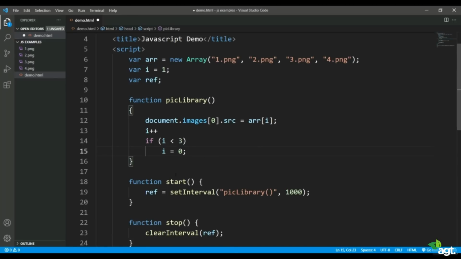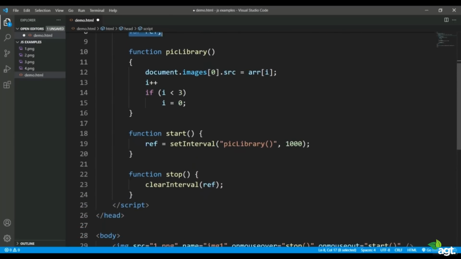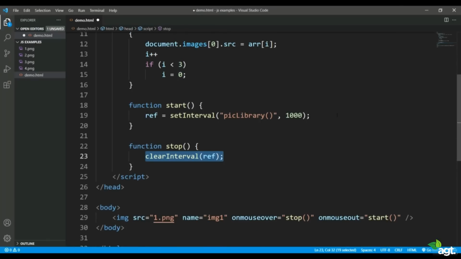Alright, now it will start the things, and now to stop it, one more thing: by the time I was setting the interval I assigned the reference of this interval to the variable called ref, which I have defined already. Now in this stop function, when I want to stop the slideshow of the images, I will just pass that reference itself, because there may be a number of intervals in a single HTML page. So I need to specify which particular interval I need to clear. That means when I say clearInterval(ref), it will stop calling picLibrary after each 1000 milliseconds,